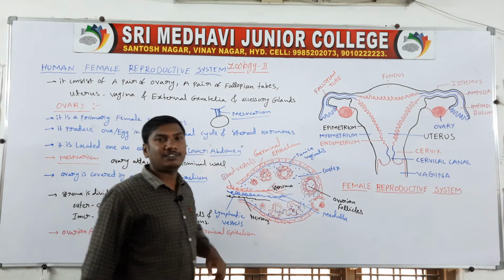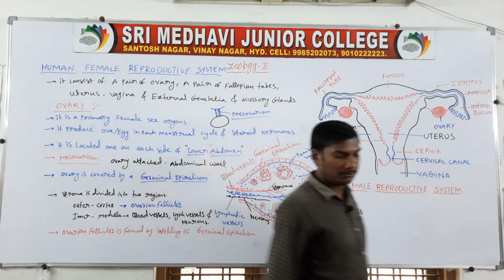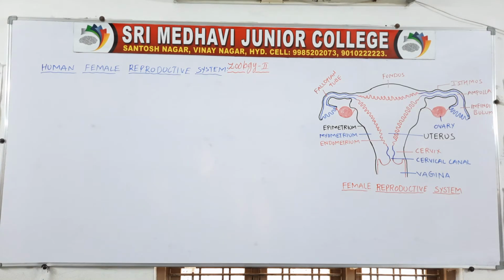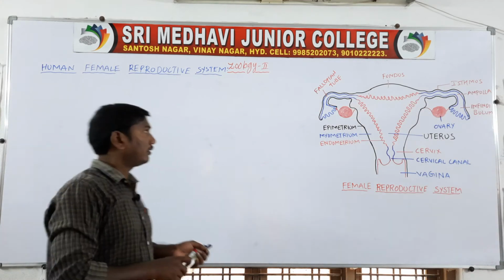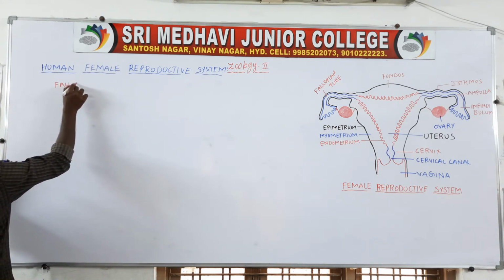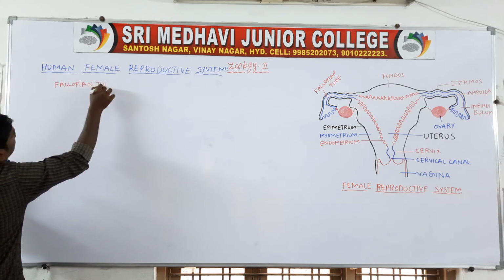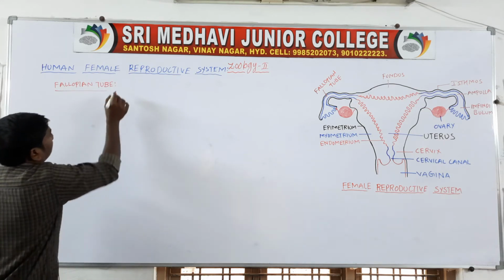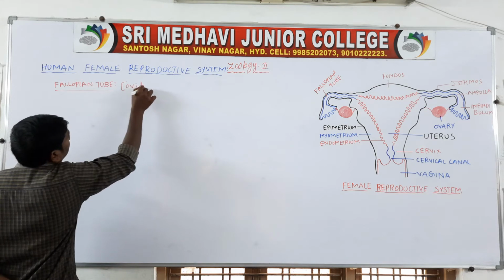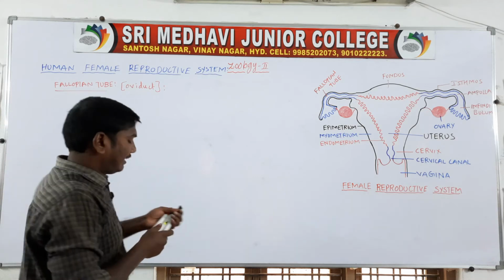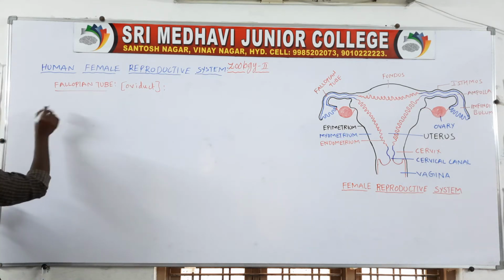Next one, fallopian tube. Second heading, fallopian tube. The fallopian tube is also called the oviduct. The fallopian tube extends